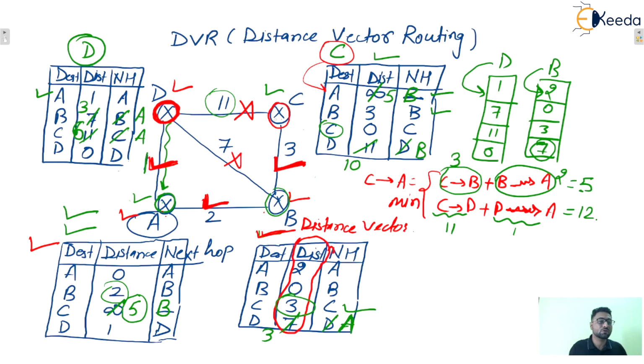One more thing you will see in the questions: if by chance any link is down, then in the routing table of the neighbor, immediately that entry will be infinity, isn't it? Whenever any link is down, the updation will happen in the routing table of the neighboring router, and that direct distance will be updated as infinity. So in this manner, this is a dynamic algorithm. Anytime any change happens, the updation will be there accordingly.